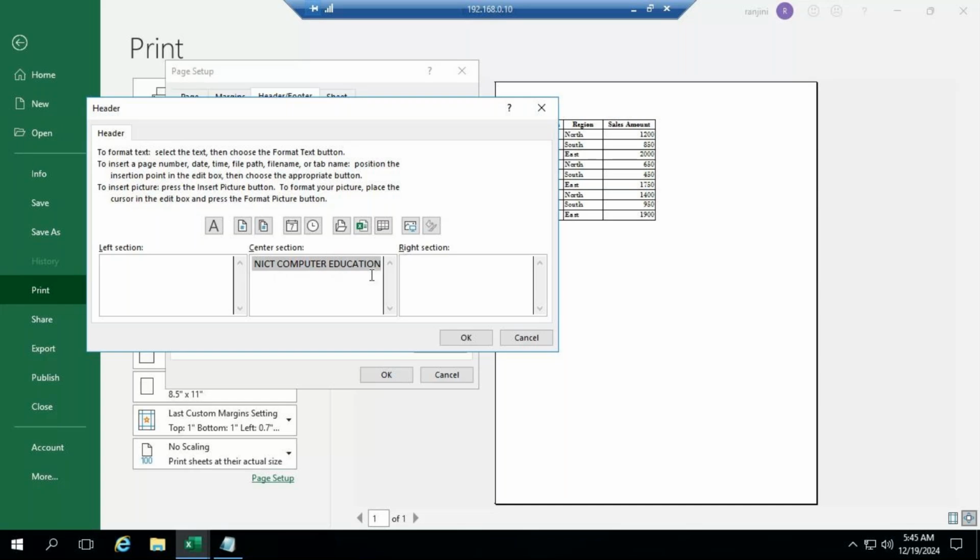So NICT computer education. So I've typed this. If I want to make it bold, increase the font size, apply,